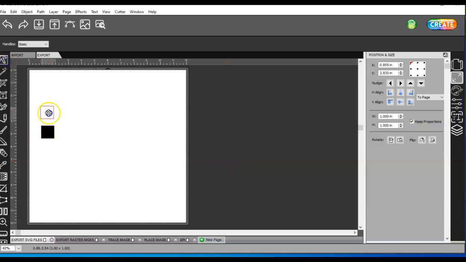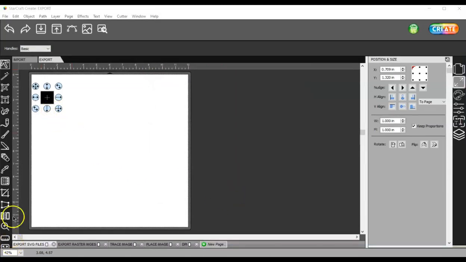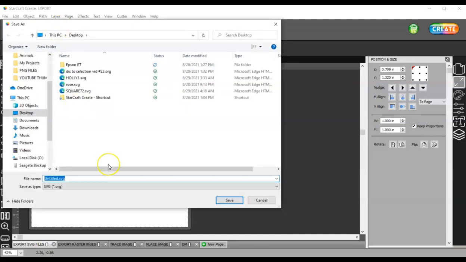Now, remember in Edit Preferences, you set your DPI here. Now mine is usually at 90, but for this illustration, I'm going to set it at 72. So with this 1 inch square, I'm going to export it as square